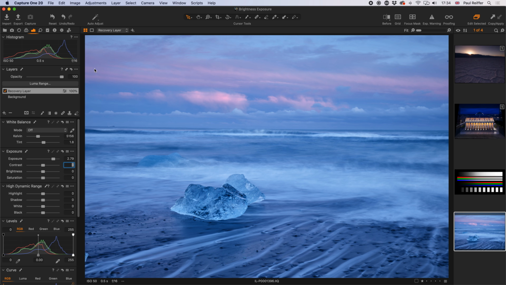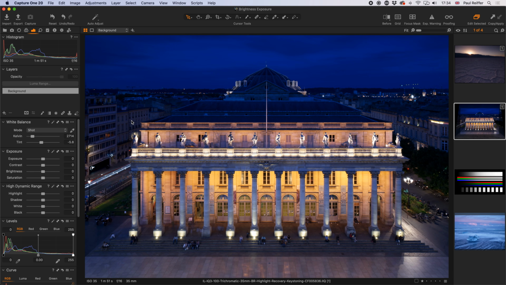But many photos don't work that way, so let's go to another scene. This one here. So this is in Bordeaux. And in this scene, absolutely the same. We've got a load of stuff here which is in the shadows in the histogram. So a lot of dark areas, a lot of deep, low midtones. But we've also got this little spike here. And that spike is telling us that there are things in this image which are either close to or are